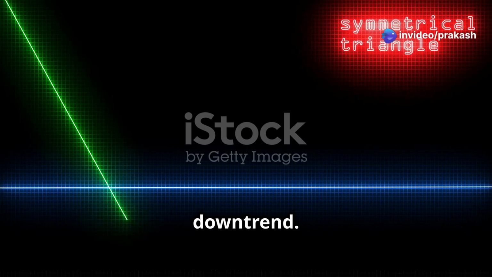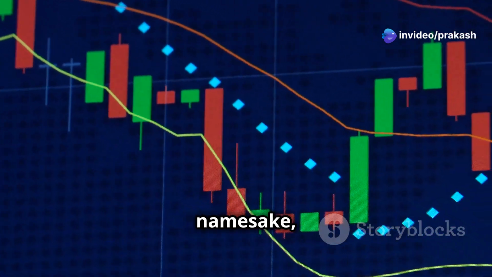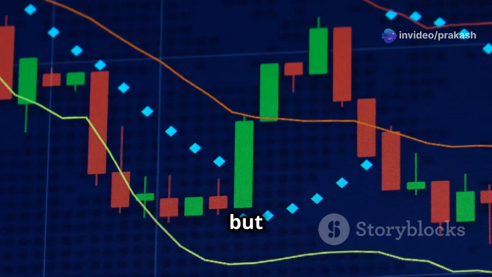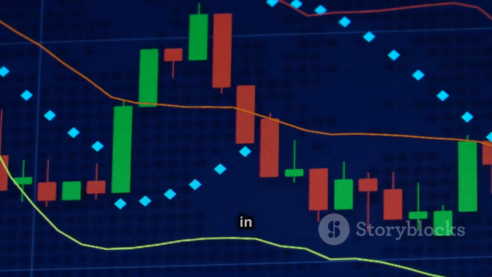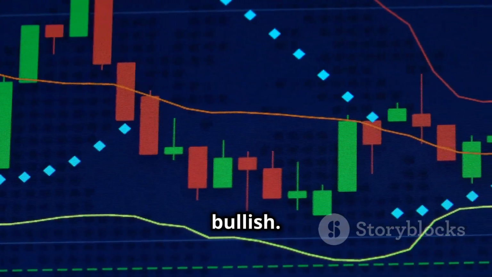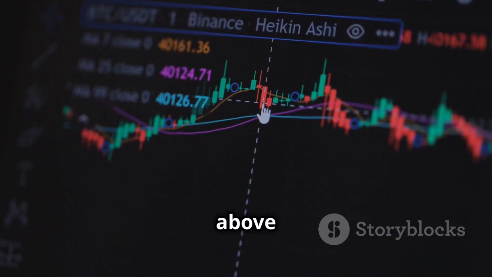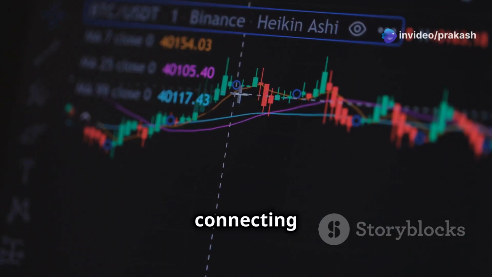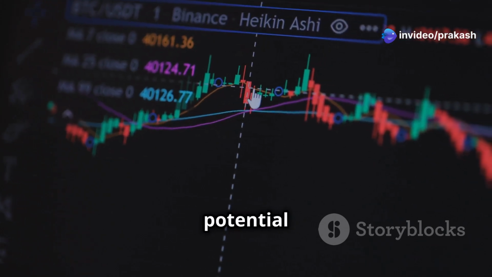One such pattern is the inverse head and shoulders, a powerful formation that often marks a reversal of a downtrend. This pattern resembles its namesake, with two shoulders flanking a head but inverted, suggesting a shift in market sentiment from bearish to bullish. As the price breaks above the neckline, a resistance level connecting the two shoulders, it signals a potential surge in